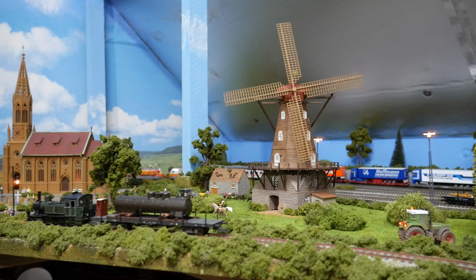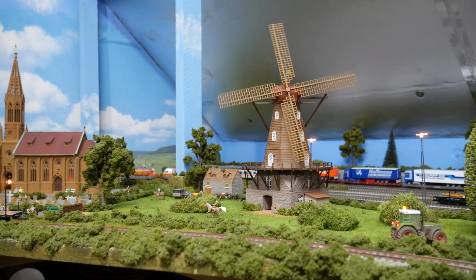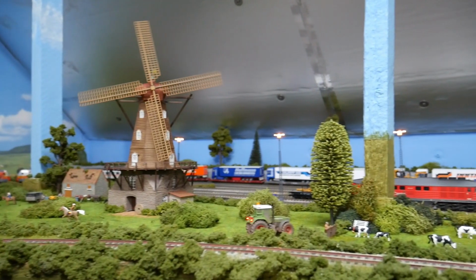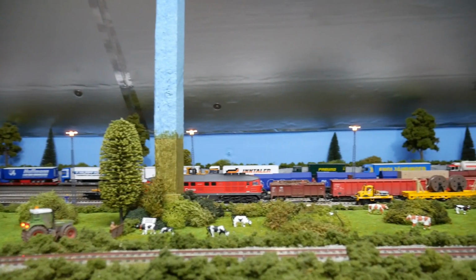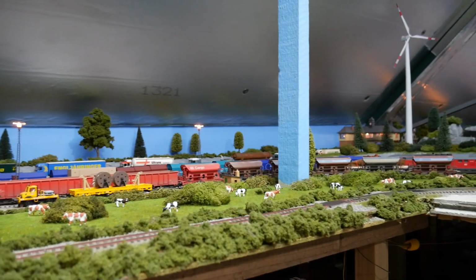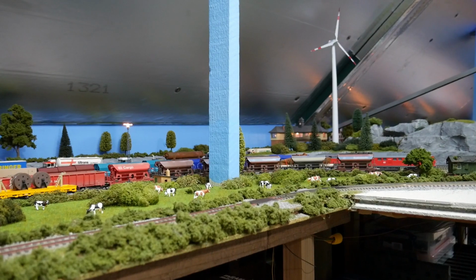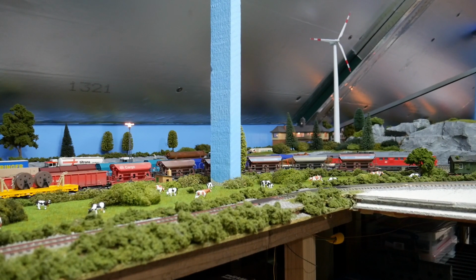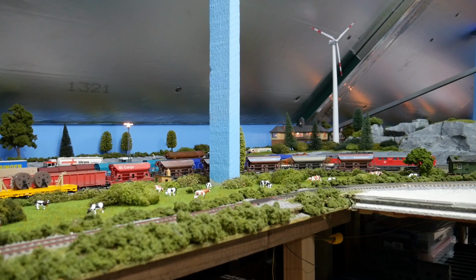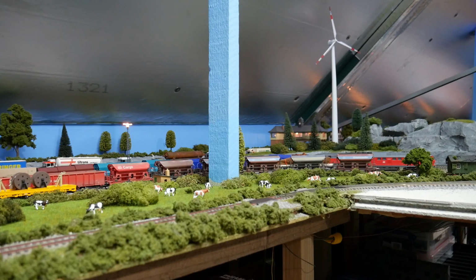And it's working about the same speed as the wind turbine, because I've got it on the same decoder. I'll just pan it around to the wind turbine, in the distance there. So that works at the same speed because it's wired into the same accessory decoder, and it's got the same motor in that wind turbine as what's in the windmill. So yeah,